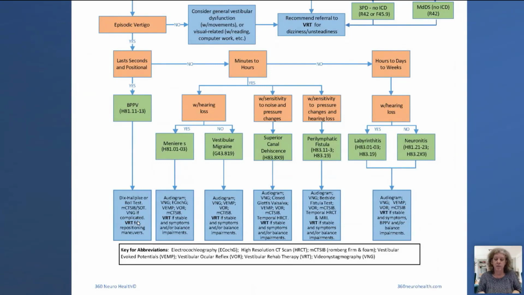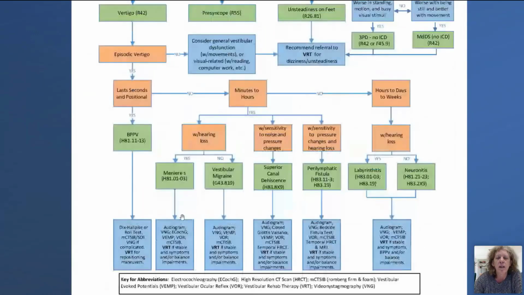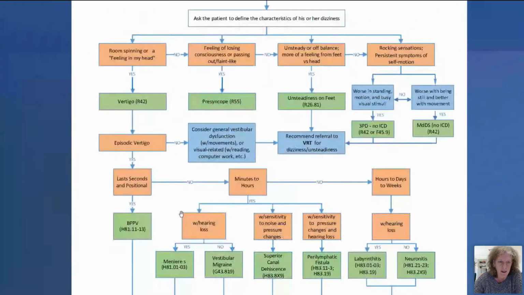And so if someone comes in and they've said, I've had the maneuver 9 times for BPPV, certainly I'm going to test them. And if I don't see classic findings, then I'm going to recommend a V&G because I'm thinking we're missing something. So let's move back up and